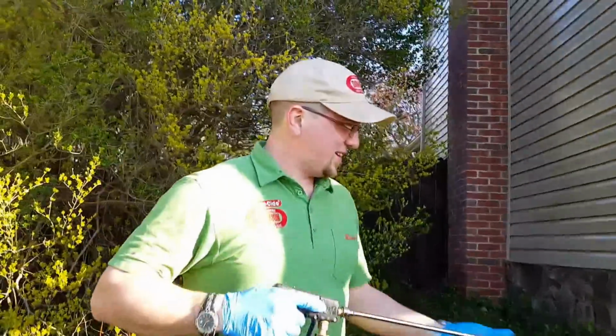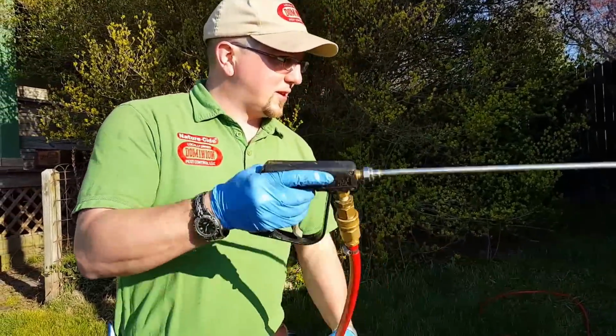All right, so one thing that I'm going to be doing here is something you can't do with a lot of the chemical products. It's spraying vegetation all around the front of a property. This could be your shrubs, your flowering bushes, or just flowers. This isn't going to systemically kill your honeybees or anything like that, so you can spray it where you need to spray it. I'm a beekeeper, that is something that I worry about a lot. So for me, spraying this on flowering plants, not even a concern. And all you do is put it on a mist,